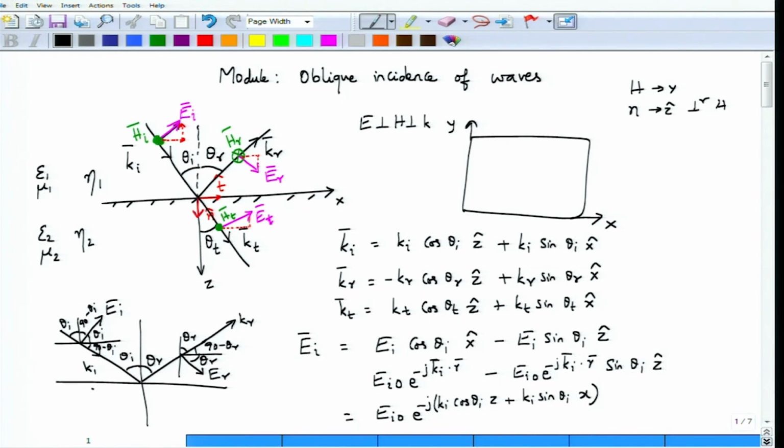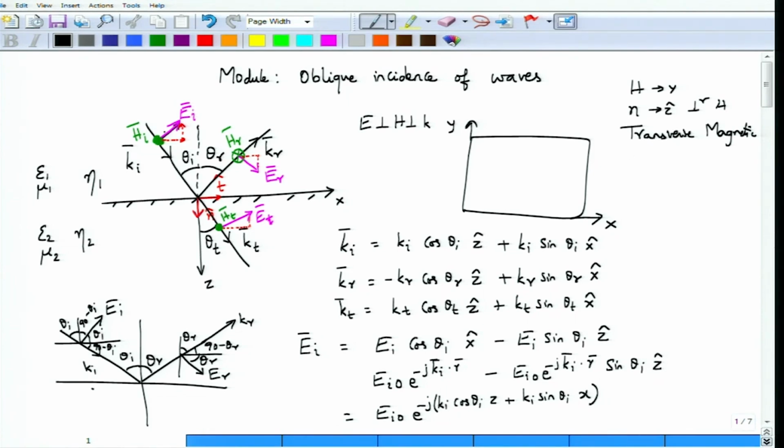In the x and z plane there is no component of H field, and therefore this is the case of what we call transverse magnetic. In contrast, there is an electric field component in the xz plane, right. So, the electric field component, although it is perpendicular to the k vector, is not perpendicular to z. There is a component of E along the z direction, and the z direction is the normal to the interface, and therefore